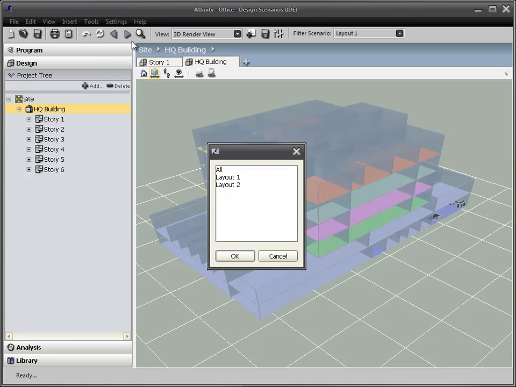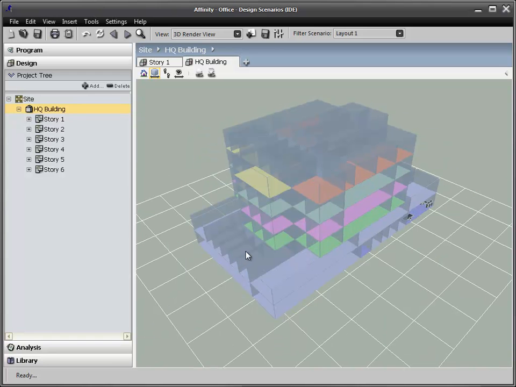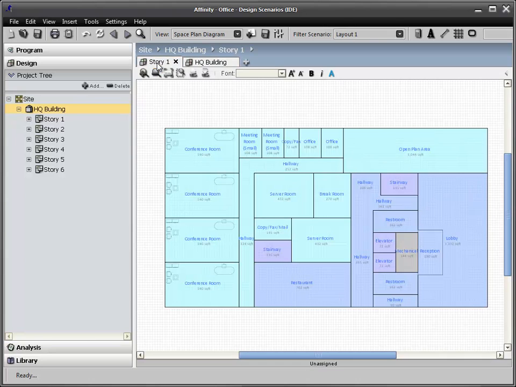This particular project is set up with two scenarios, Layout 1 and Layout 2. Two layout designs have been created of Story 1 of this building, for each of the scenarios. In Layout 1, notice the lobby is located on the east face of the building, with the conference room spanning